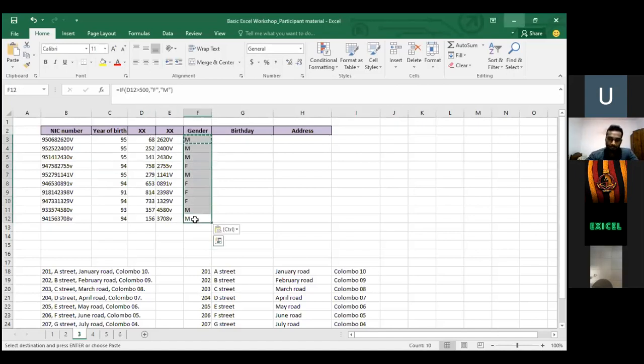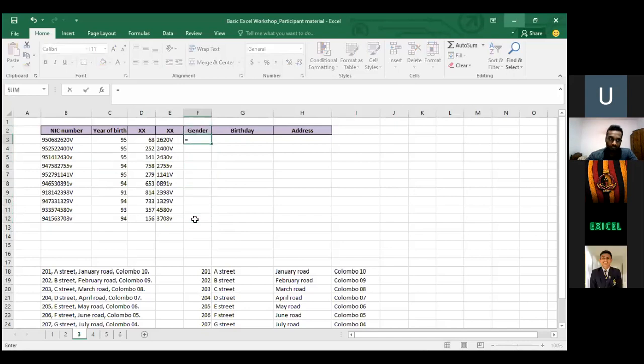So when you select if, equals if, and open bracket, there is the logic test, there is value if true, and there is value if false, right? So my logic test here is going to be, if this is above 500, I want it to show the letter F. If it is not above 500, I want it to show the letter M, right? So I am going to say equals if